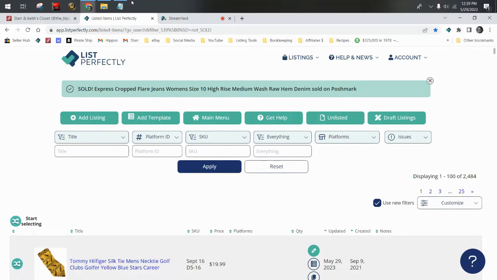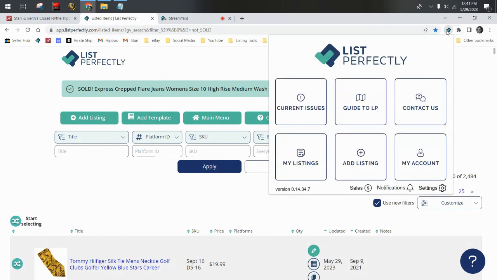In this tutorial, we're going to talk about what to do if you're having technical issues with List Perfectly. I'm going to show you how to contact their team and start a ticket with their tech support. When you are experiencing technical issues with List Perfectly, the first thing you should do is go to the current